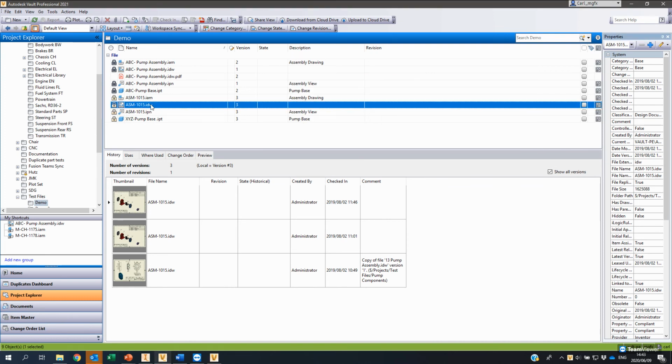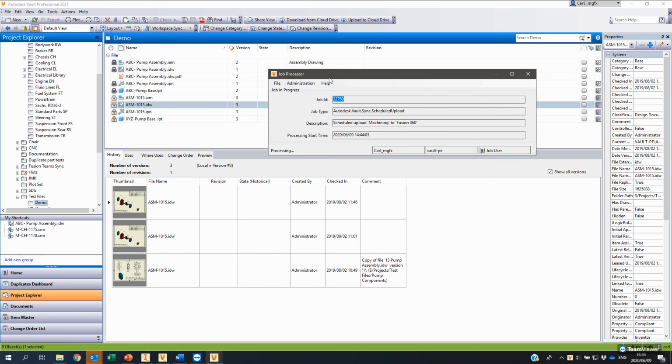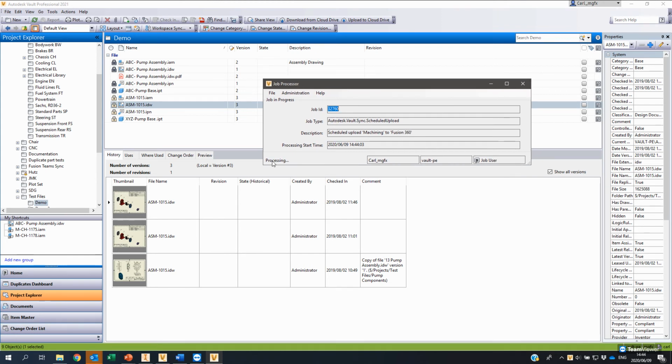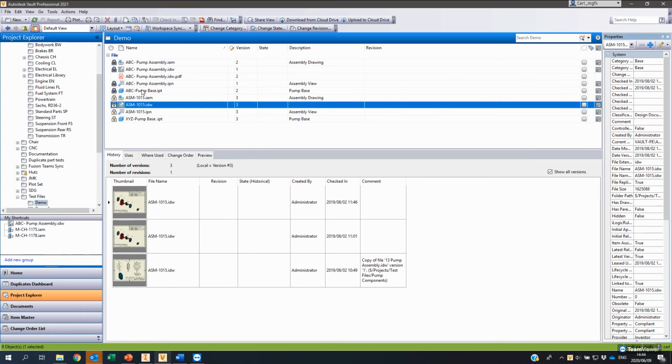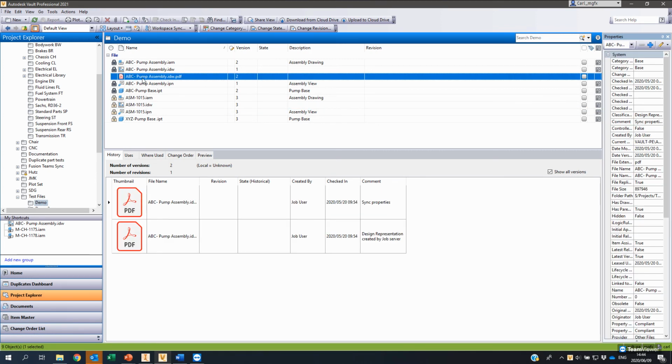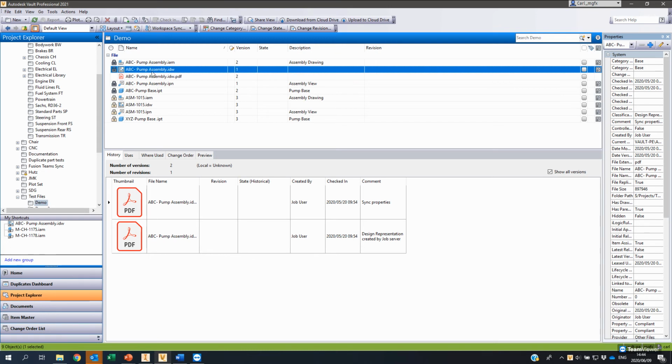So there we have it running, and I can take a file, and in this case I'm going to manually kick off that process to create a PDF for that file. So I'll then create PDF, and that create task will be sent to the job processor. We can see here that it's going to go ahead and process another job that it shouldn't. Okay, so it will process that job, and it will return that PDF into Vault and attach that PDF essentially